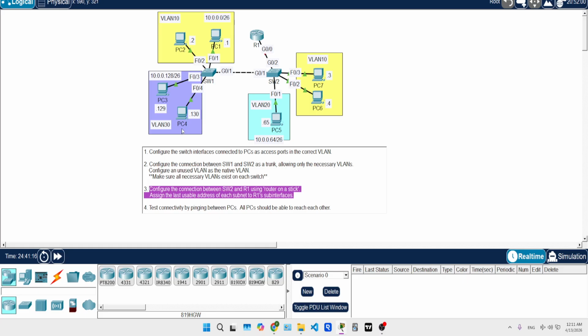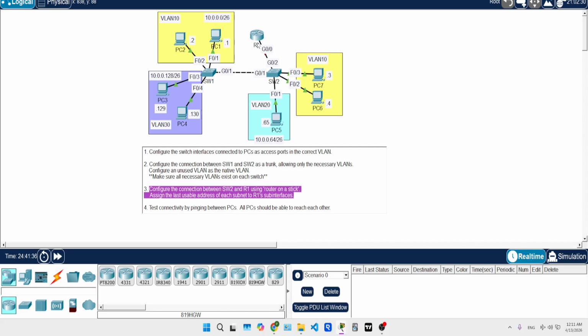If not, these PCs cannot communicate with each other, and therefore we need to tell the router to make it work by using